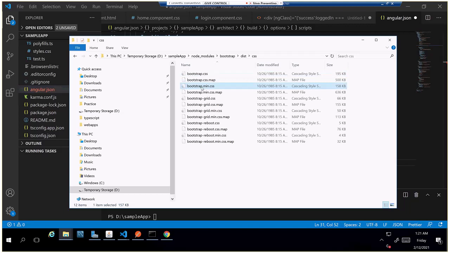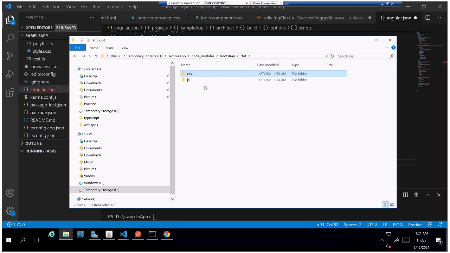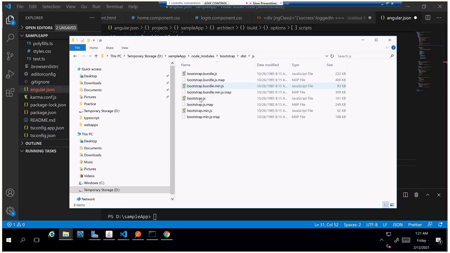When you ship the actual production build, we have to use the minified version of CSS. Even in the case of JS, they provide bootstrap.js and bootstrap.min.js. The size is also reduced. If you check bootstrap.css, it is 144 KB, and the minified version is 62 KB. It is almost half the size. So for testing purposes, we'll use this bootstrap.js file. If any debugging is required, we can easily debug with this JS.